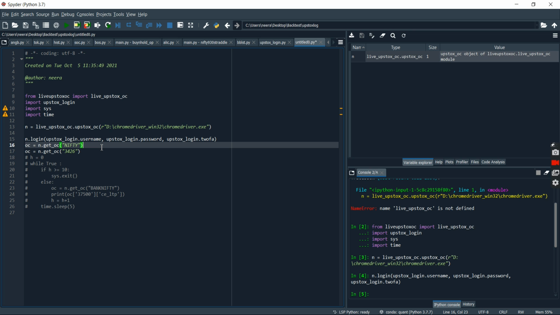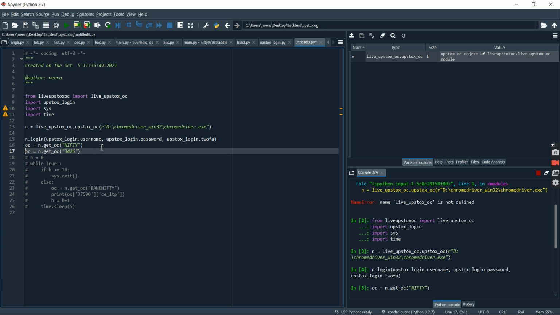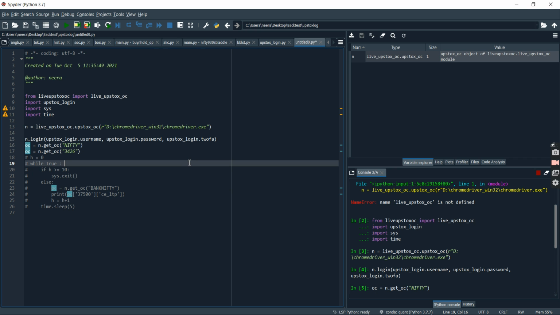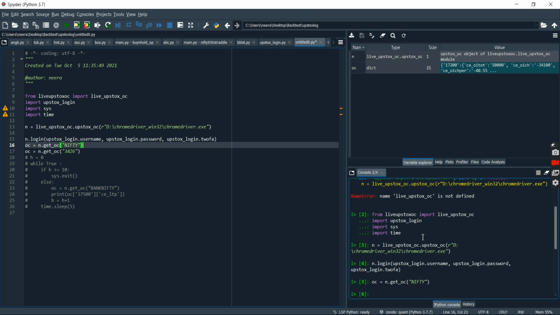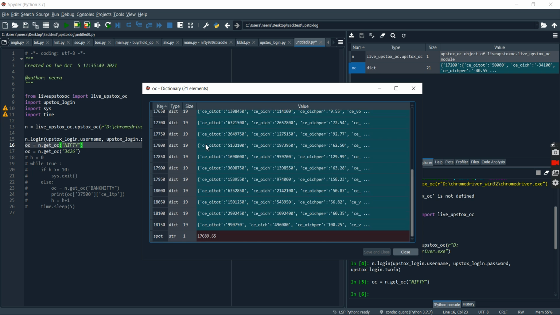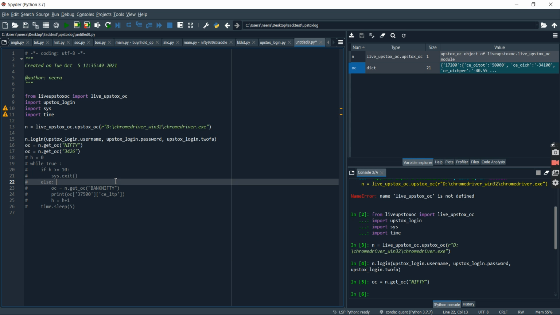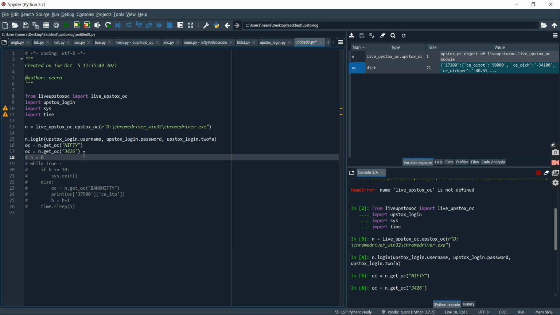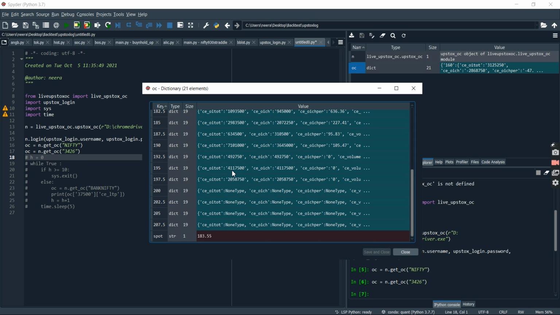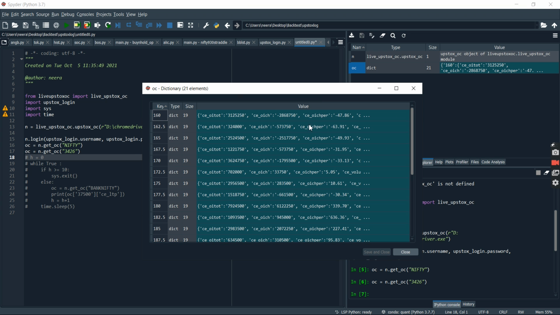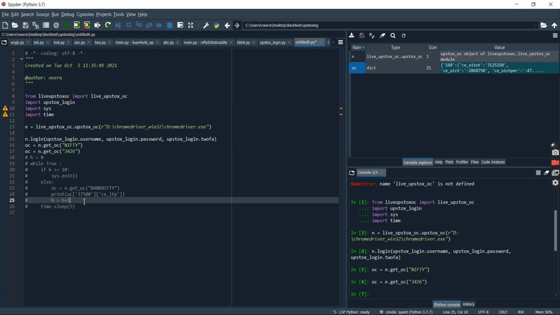Right, so for fetching data of live option chain of Nifty, you just run this line, and as you can see, this line is running right now, and it will give out the option chain of Nifty. Give it some time, as my internet speed isn't proper right now. I might face some issues, but every time you run this line, it will reload the web page which it has opened in the background and fetch the live option chain for you.